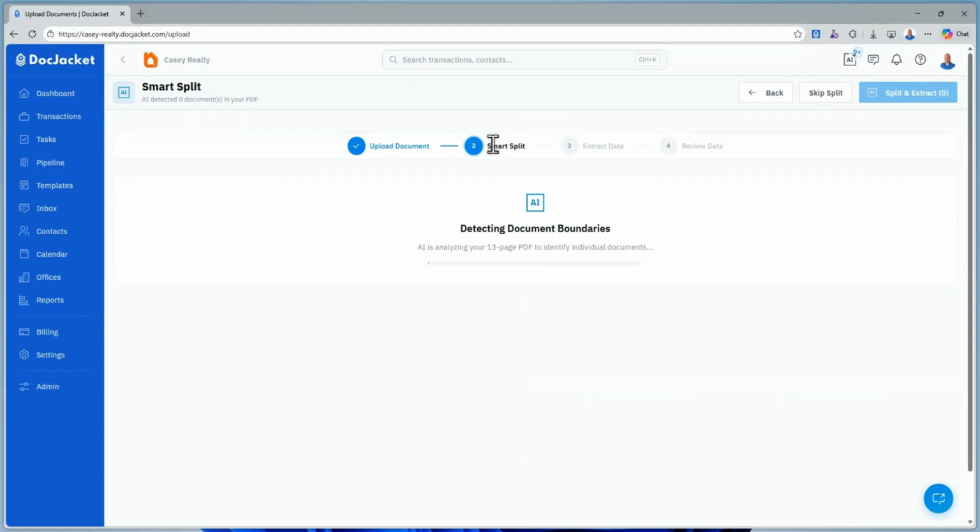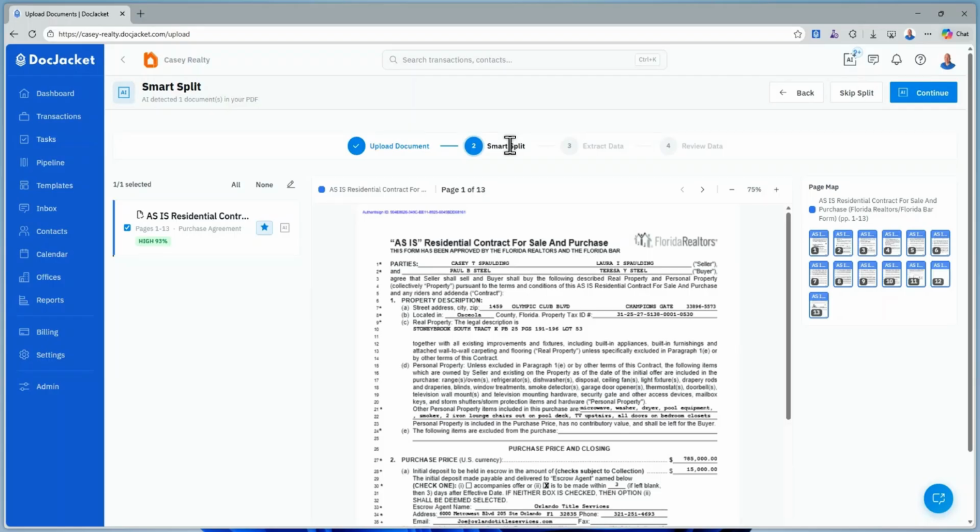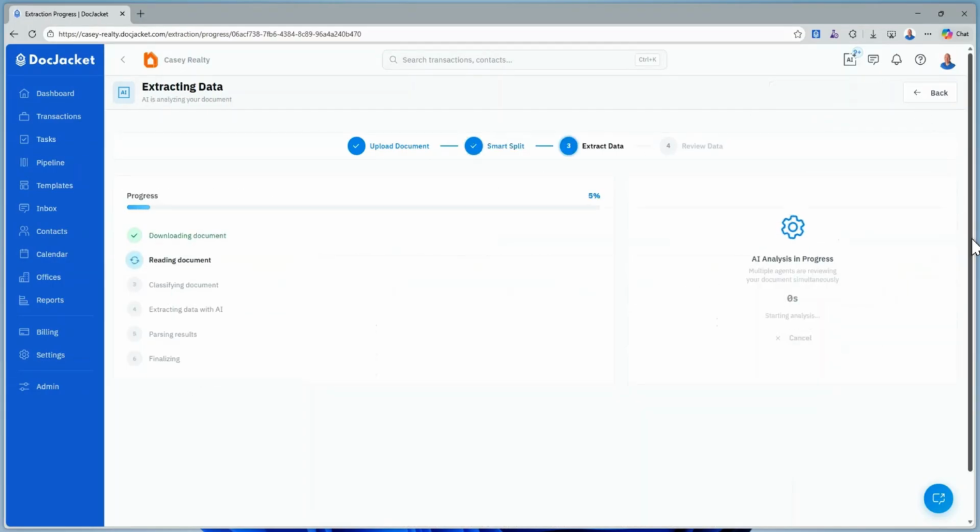There is a smart split feature in here where it'll read the document and see if it needs to be split. If it does, it'll show you and give you suggestions for how to split it. But this one is just one document together, so we're just going to continue through that and extract the data. This takes a few seconds, but this is going to pull everything and it'll show you a preview of